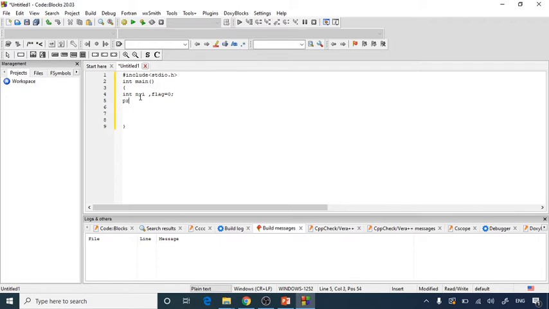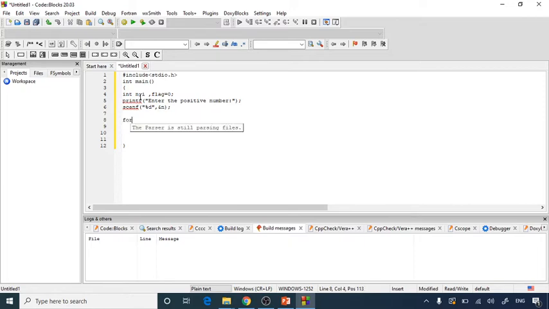Now we'll ask the user to give us a number to check whether it is a prime number or not. We will use a printf function and print one line on the screen: enter the positive number. We'll write this with a semicolon. We will read the given number by using a scanf function and the placeholder %d, as it will be an integer value, and assign it to n. So this will be our number for which we have to check the prime number condition.